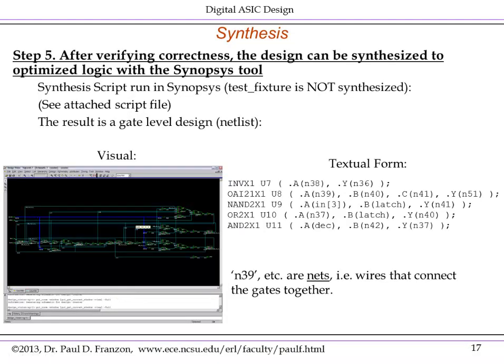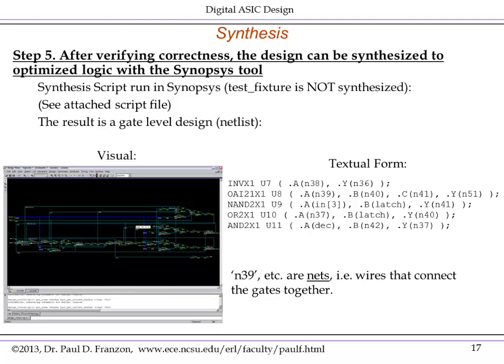So the point is, after synthesis, you'll get a result like this. Here's a schematic on the left, actually in the design analyzer from Synopsys, and the equivalent textual form, or the netlist, on the right. A netlist is a list of the standard cell gates that are used. You can see inv x1, NAND 2 x1. Remember, x1 refers to the size of the transistors within the gate, x1 being the smallest gates, using the smallest